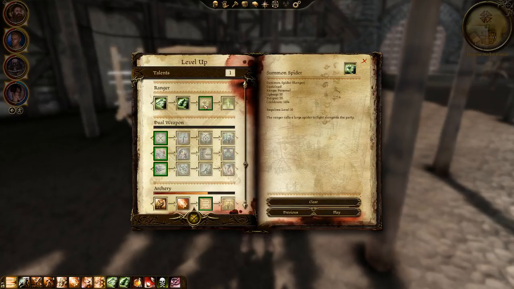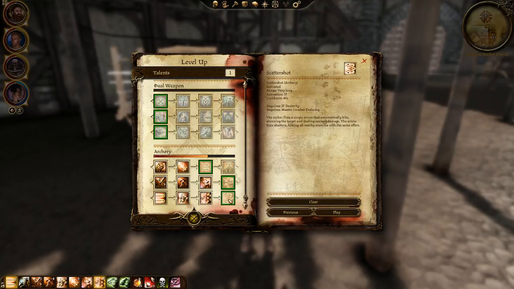Alright. Ooh, Summon Spider is up for grabs. But so is Scattershot and Arrow of Slaying. Oof. Activation costs 91, so probably wouldn't be able to use that very often. But granted an automatic critical hit if the shot finds its target, although high-level targets may be able to ignore the effect. I suffer reduced stamina regeneration for a time. Huh. And Master Archer adds extra attack bonus. Well, that's this guy, and we don't have that yet. Scattershot. The archer fires a single arrow that automatically hits, stunning the target and dealing normal damage. The arrow then shatters, hitting...